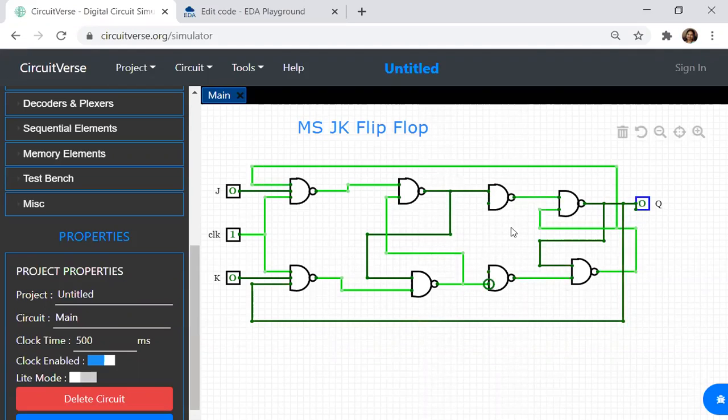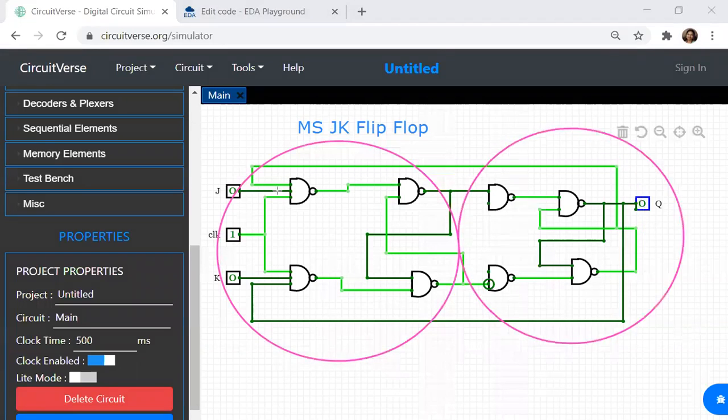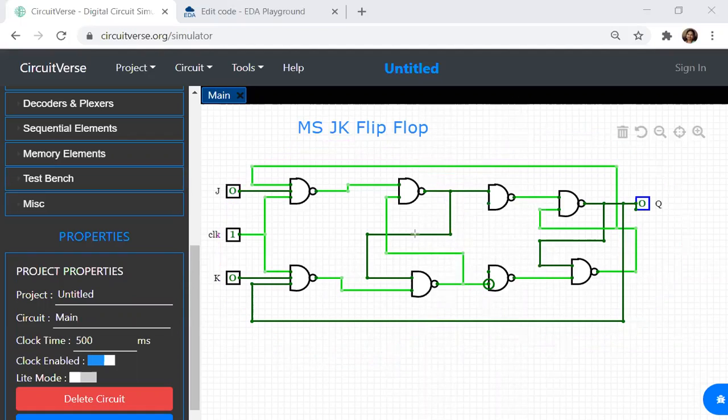Now, I gave a clock over here. This is one flip-flop I told. This part, if you can see, this part is one flip-flop. This part is another flip-flop. This is known as the master. The next one is known as the slave. Now, so already I've given a clock over here. So I should also give a clock over here.